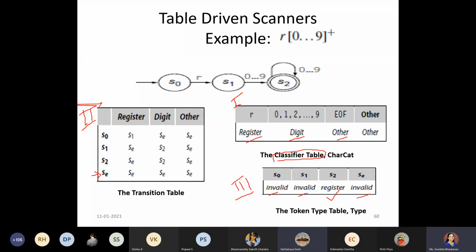Okay, ma'am. So longest match we can easily find out. So it's not required. We can directly map it as an EOF, so that one column could be reduced. Okay. So keeping this, yes.